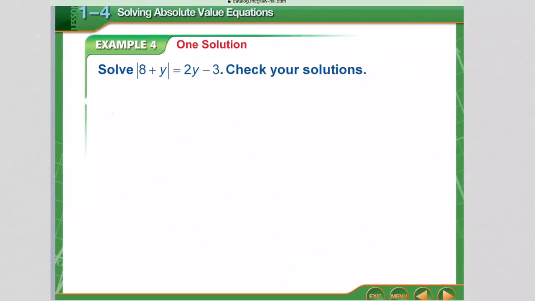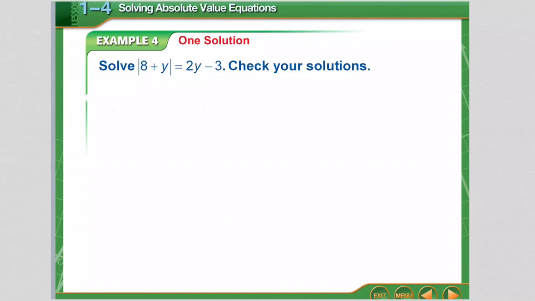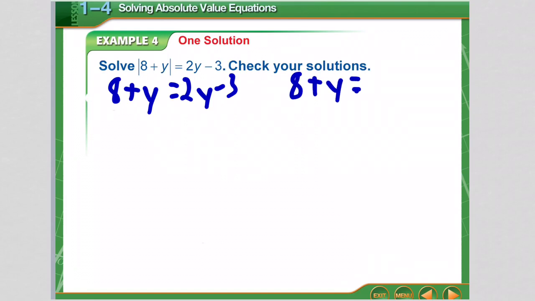Last problem we're going to look at here is what happens if we have a variable on both sides. Well, we still need to do 2 equations. So we have 8 plus y. Notice I can do the 2 equations because the absolute value is by itself. Equals still the 2y minus 3. But when I do the second equation, your negative equation, 8 plus y, is now going to equal, and now I'm going to change the signs of both of those on the other side. So negative 2y